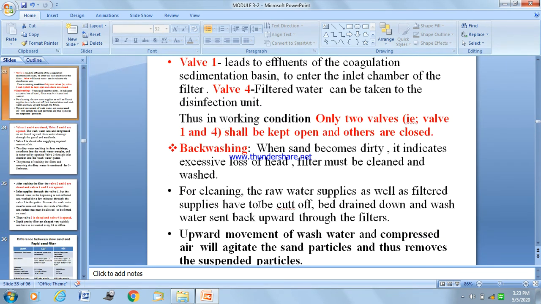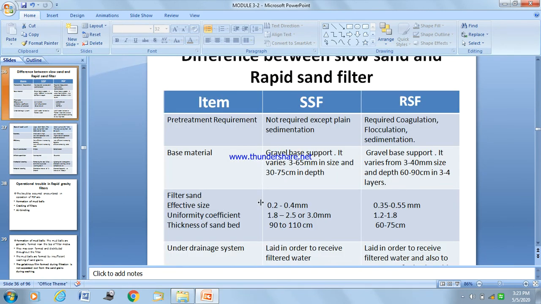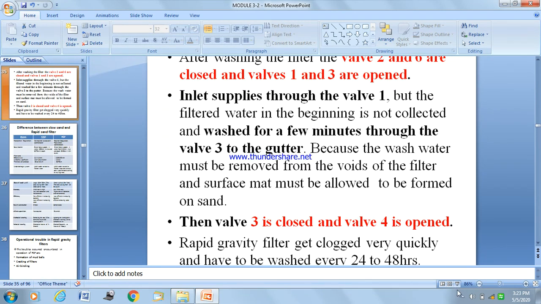This is the working of the rapid sand filter. We'll continue in the next